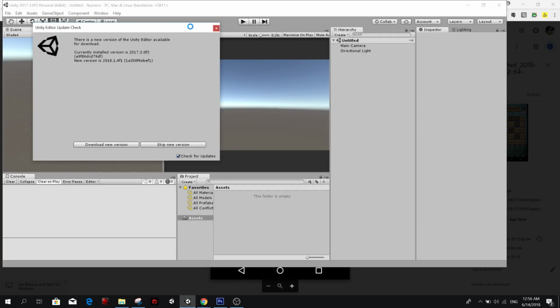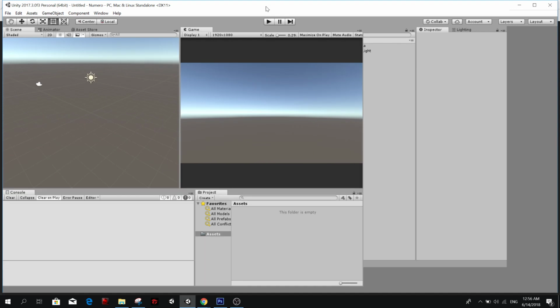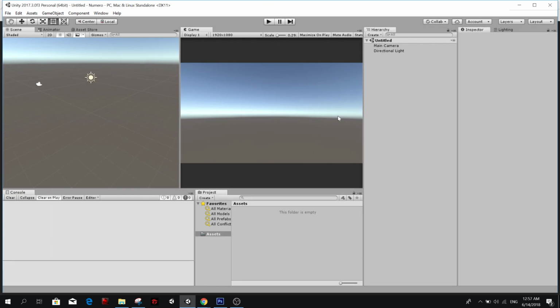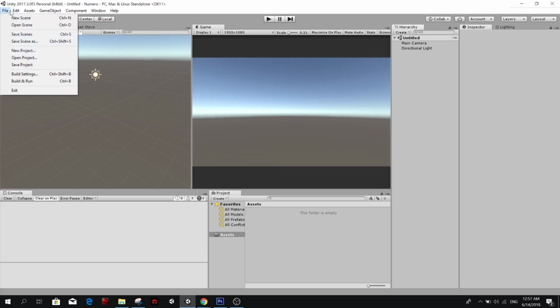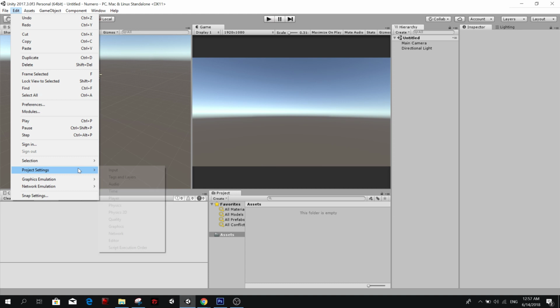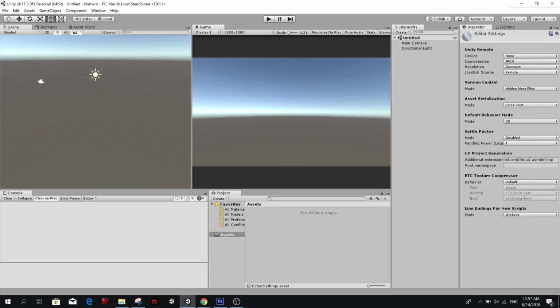So let's start. I'm still using Unity 2017, but you could use any version that you like. I forgot to set this as a 2D project, so you can go to Edit, Project Settings, Editor, and here set Default Behavior Mode to 2D.